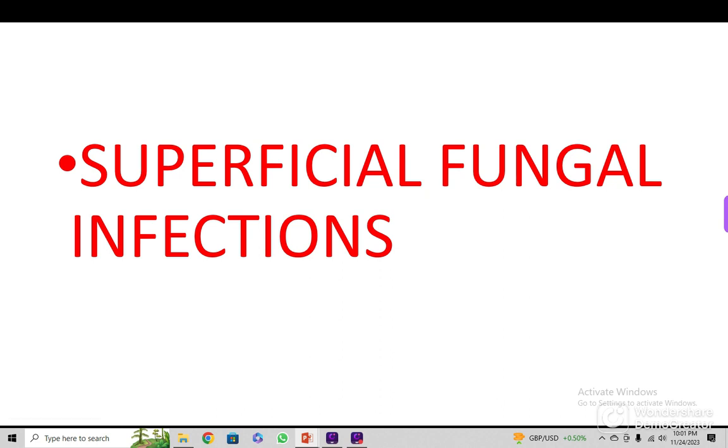Now I will take the superficial fungal infections. Although it is a big chapter, one should learn these fungal infections. By hook or by crook, you have to learn it. Otherwise, when you appear in the examination, you should know this subject. If anybody asks you anywhere else, in any part of the world, you can answer it. You need 100% achievement of the knowledge, otherwise you will be lacking in knowledge.